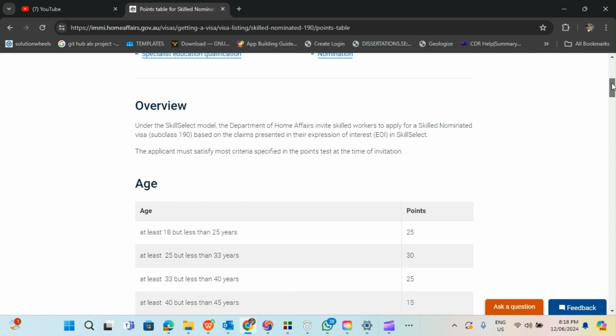Overview: under the SkillSelect model, the Department of Home Affairs invites skilled workers to apply for a skilled nominated visa subclass 190 based on the claims presented in their expression of interest in SkillSelect. So the applicants must satisfy most criteria specified in the points test as at the time of invitation.